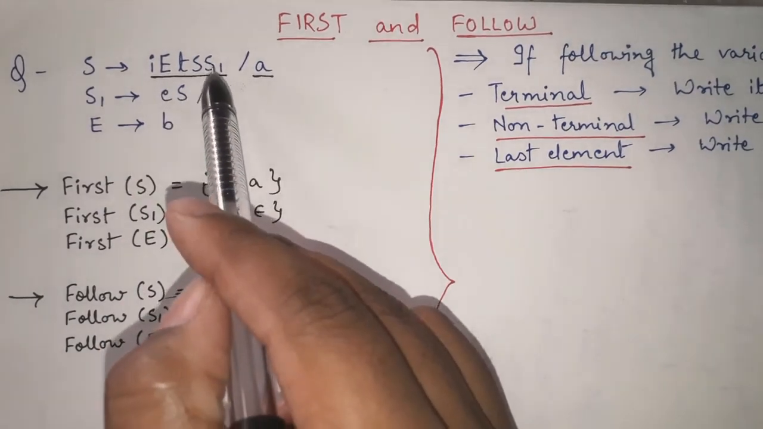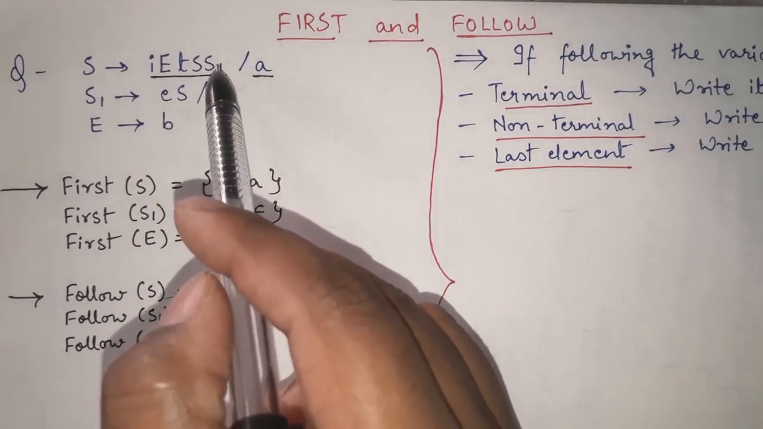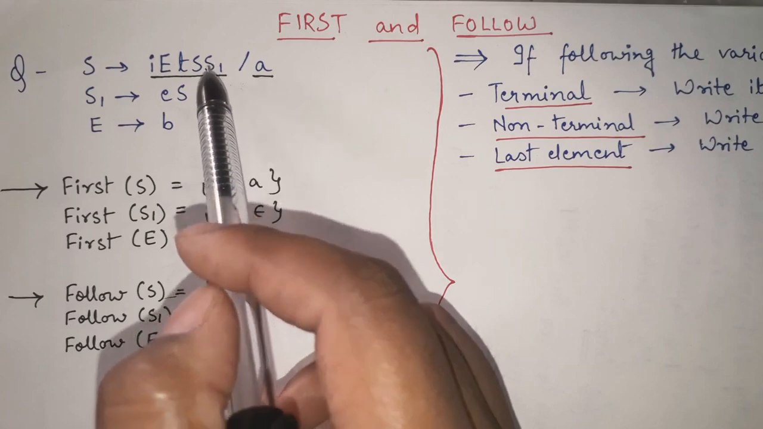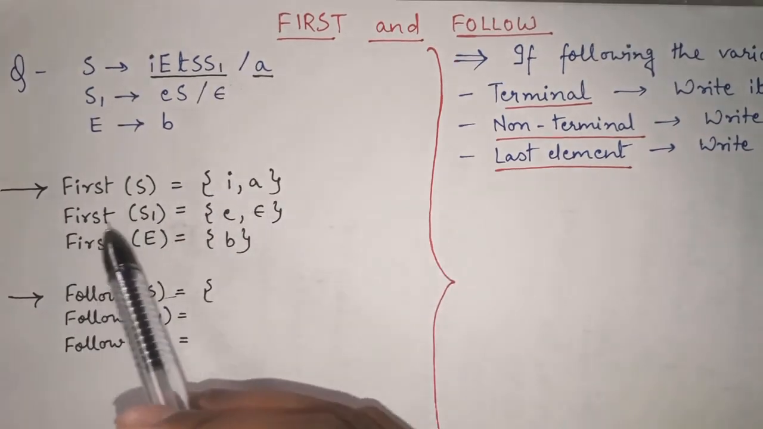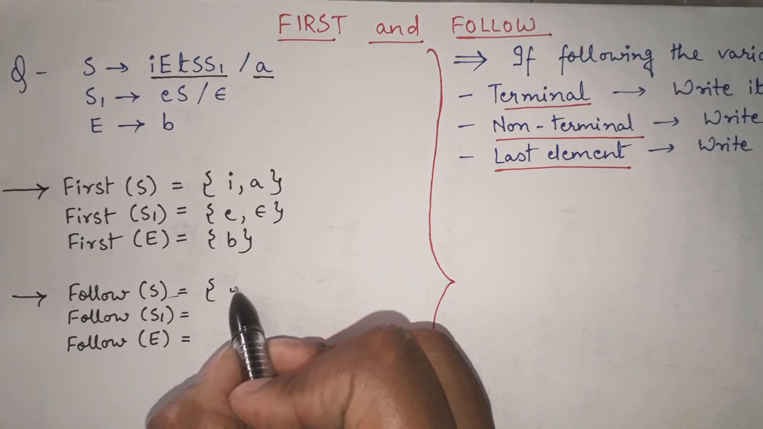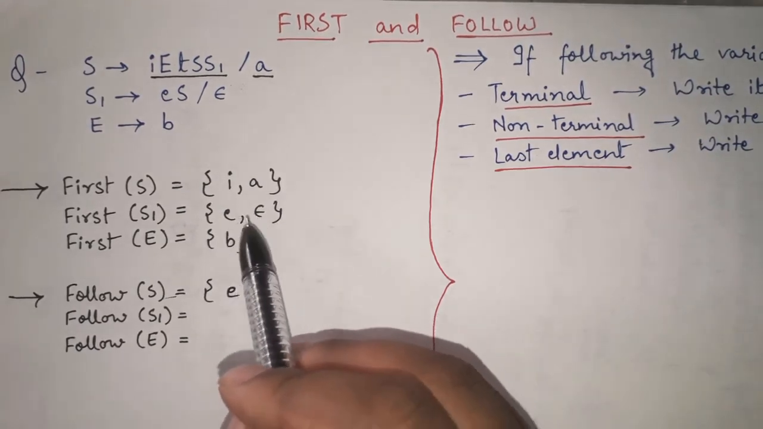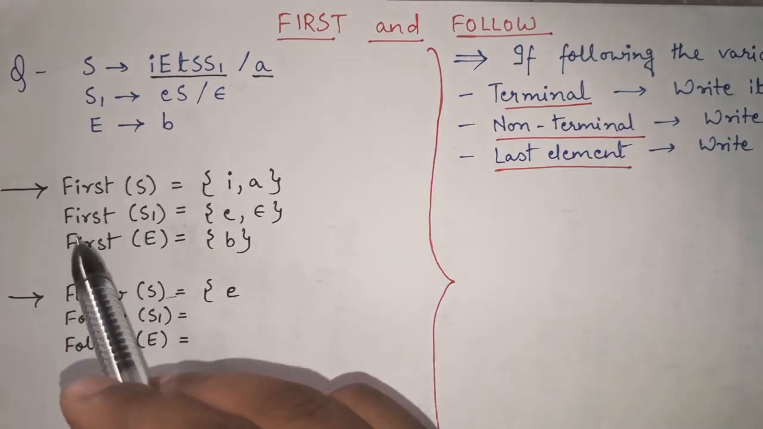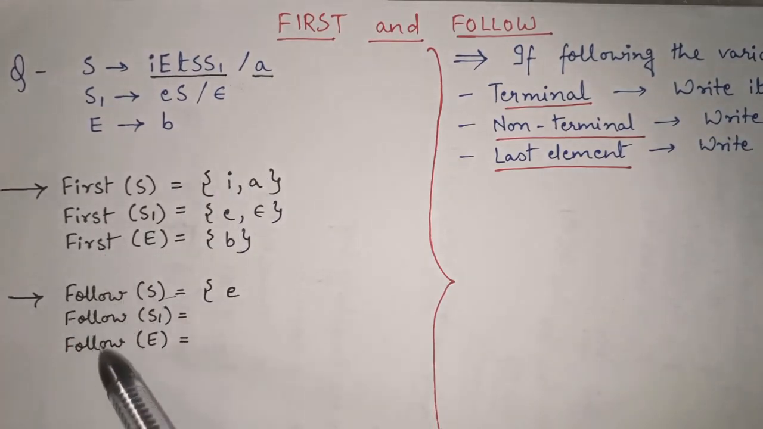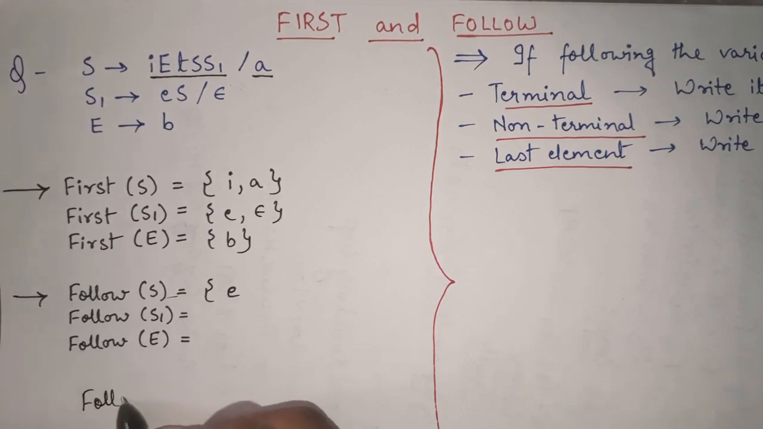S1 is a variable or non-terminal, so I will simply write the first set of S1. First set of S1 is E and null. But remember that null or epsilon is something that can be present in the first set, but it can never be present in the follow set. Remember this thing, follow set